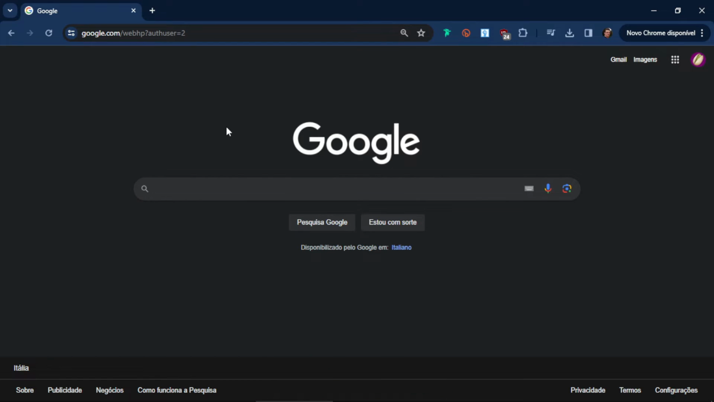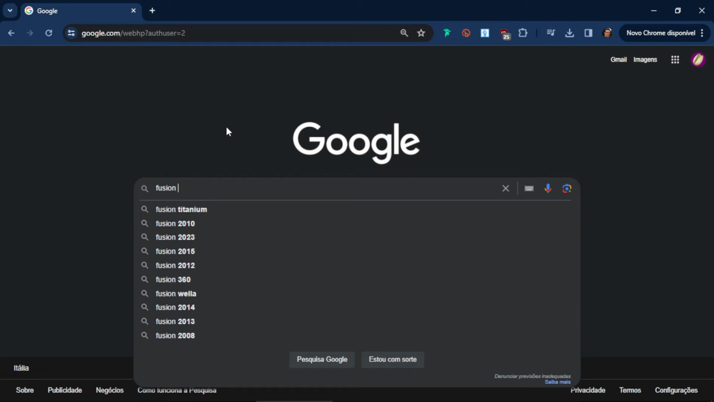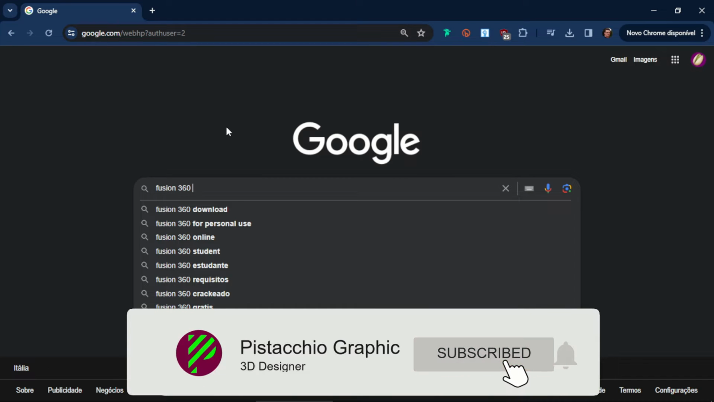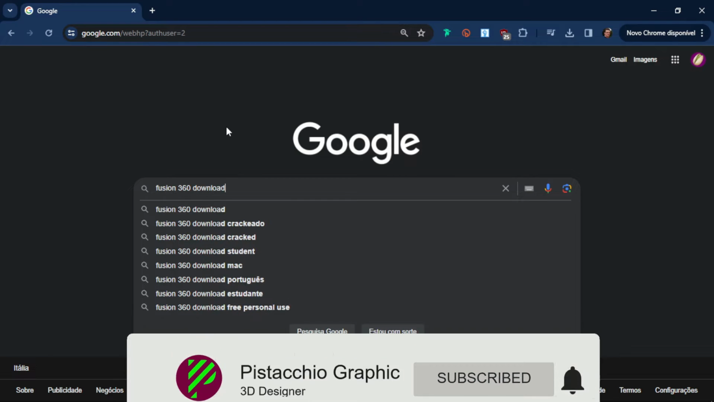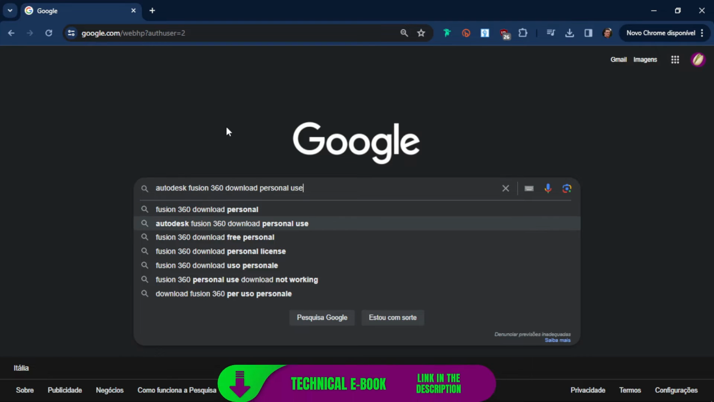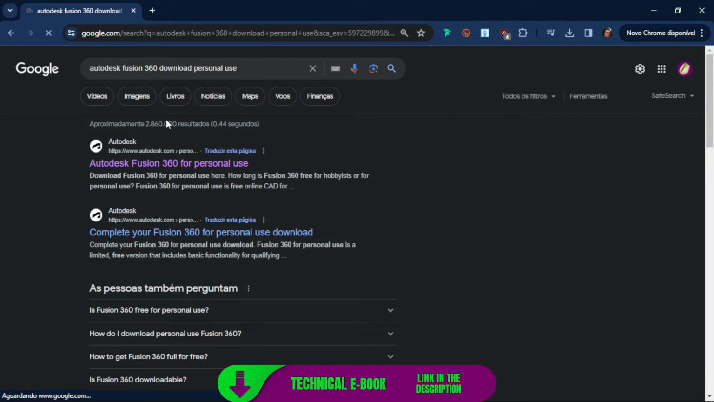Just click here on your browser, search Fusion 360 download personal use. The first link is from Autodesk,